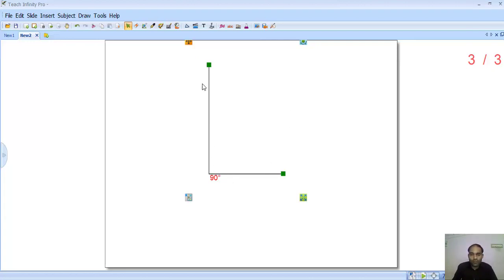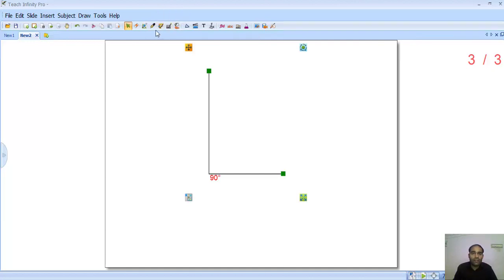Okay, now you understand the 90-degree angle. All the angles which come at this side, you can see all are less than 90-degree. This angle is 68, less than 90-degree. This angle is 46-degree, less than 90-degree. This angle is 25-degree, less than 90-degree. So all the angles which come at this side will be less than 90-degree. Okay, first of all you need to understand this.